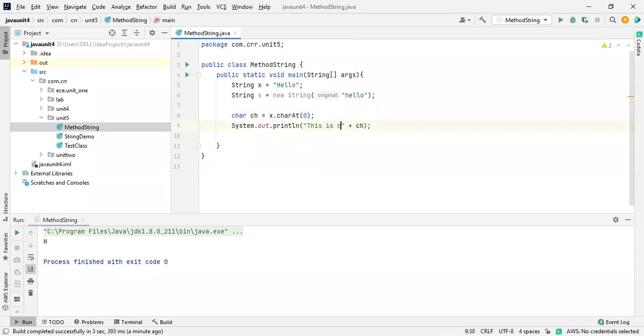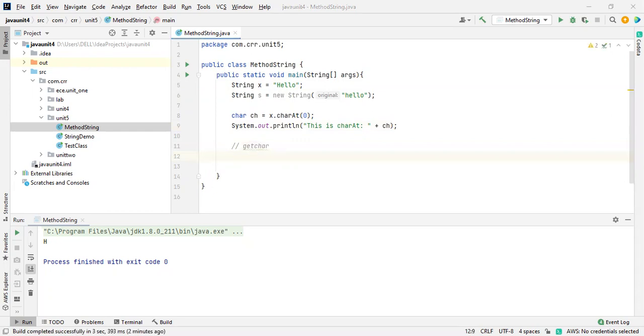Now I'm going to discuss getChars. What is the use of getChars? Here I'm going to take an array and insert each and every character inside this string into the array. So we are going to use the getChars function, which is available inside a string.